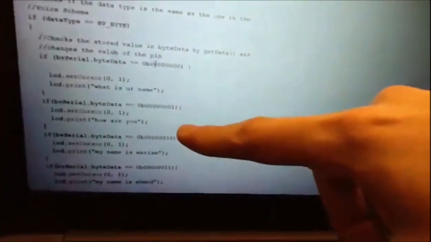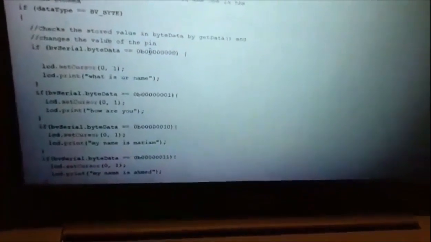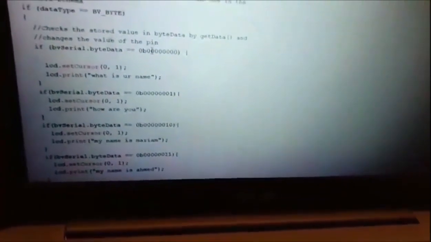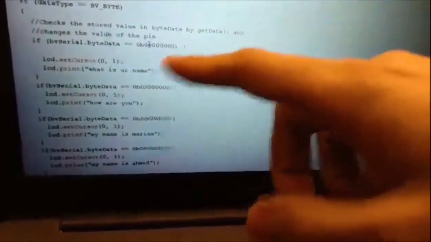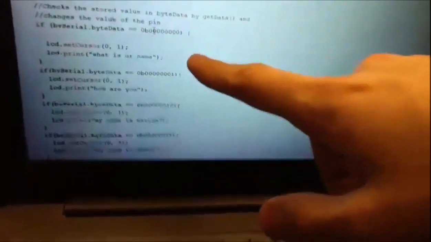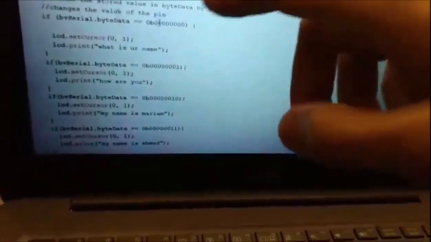And then we check for the entries that we defined. We defined a few sentences and we gave them their equivalent in bytes. So we use if conditions to know which one of the sentences it is. We use the byte data to know